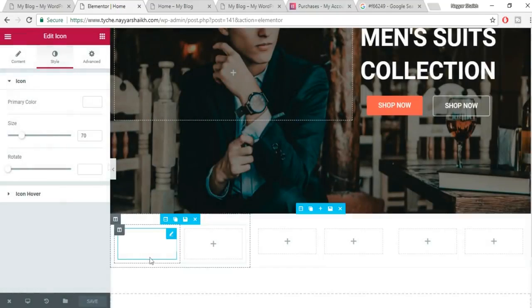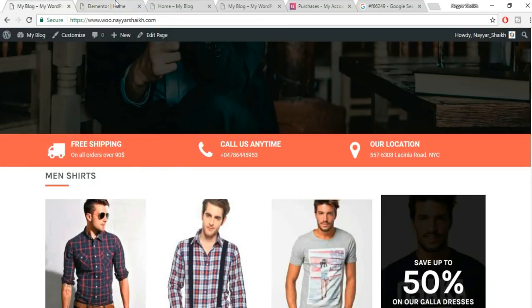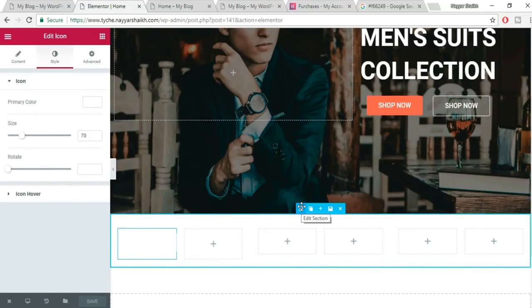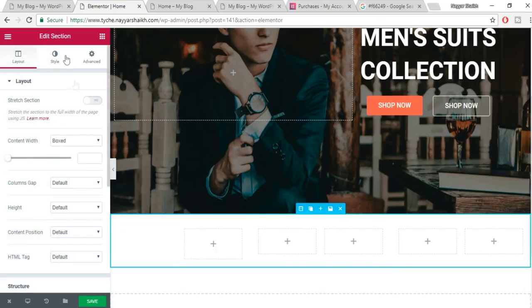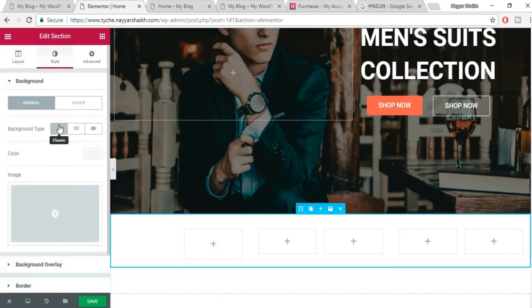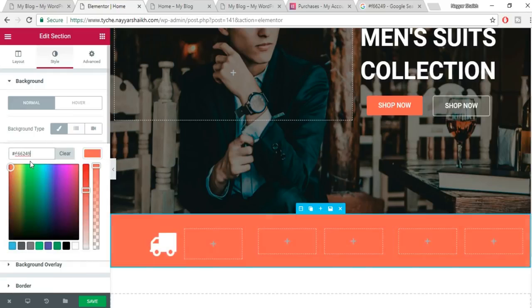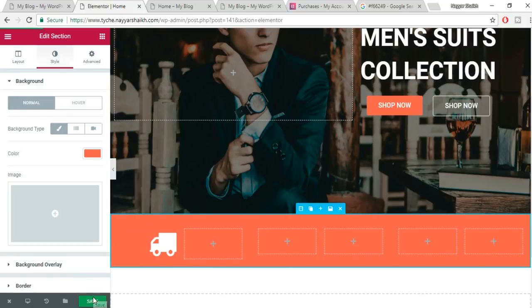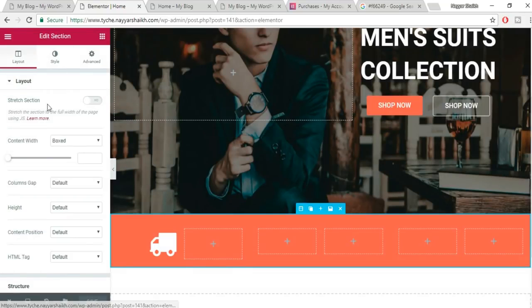First click on save. Now we want to change the background color of the whole section. So whenever you want to do that, you click on this edit section, go to style, background color, click on classic, select color and paste in the color. Okay, now we can see everything much more clearly. Click on save. Also go to layout and make this section full width. Okay, so just make this thing yes, it will become full width. Click on save. Fine. Now what you will do, we'll decrease the size of this column to 25 pixels,